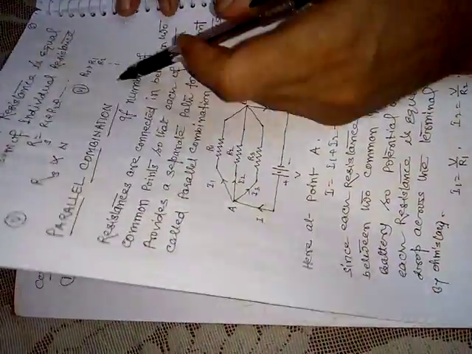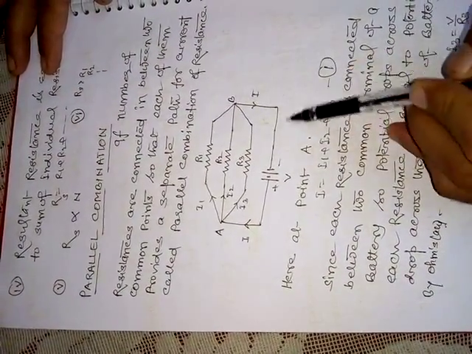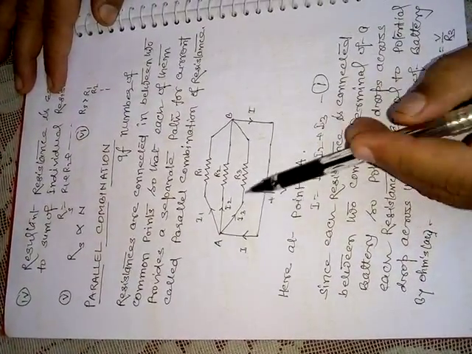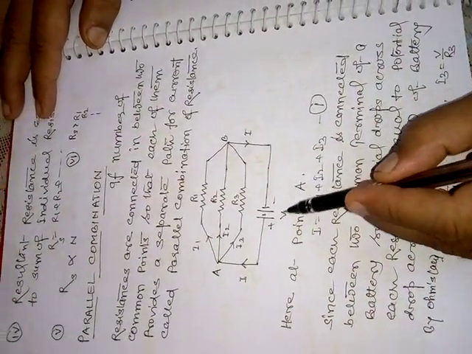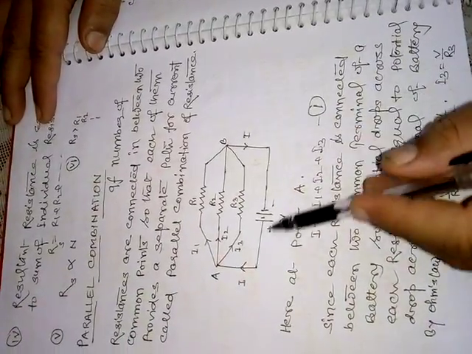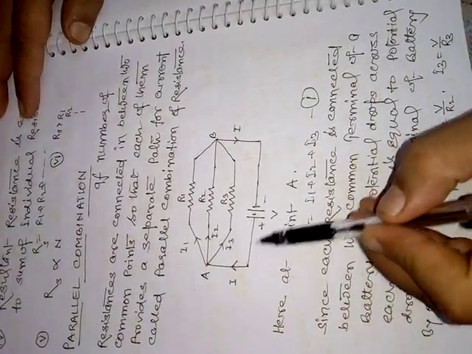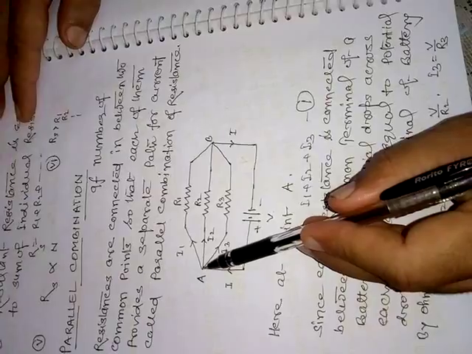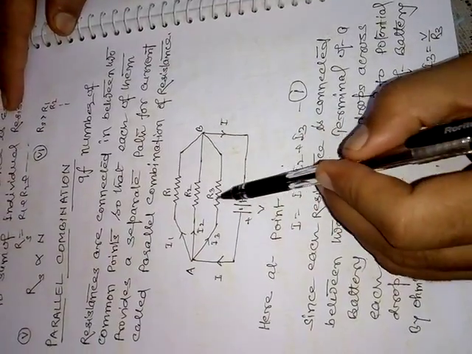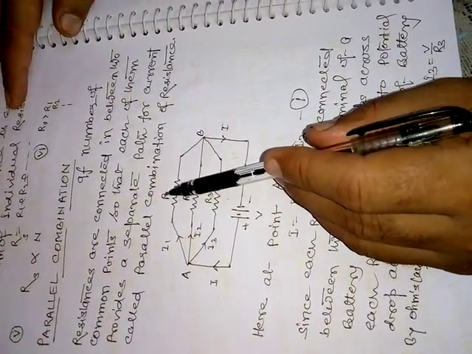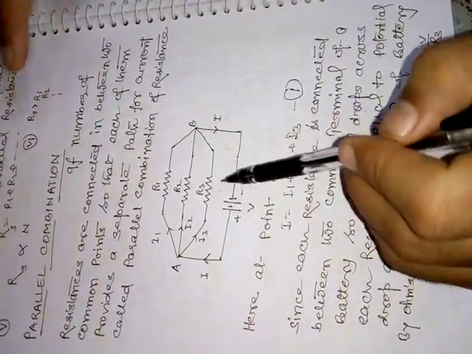Now parallel combination. In parallel combination, the first end of each resistor is connected with one terminal of battery and their second end is connected with other terminal of same battery, correct? So here voltage drop across each resistor will equal to potential difference between the terminals of battery, but current flown through them depends on their individual resistances, correct? And here current provided by the battery is I, and when I reaches that junction A, then it gets divided into three parts, I1, I2, I3. Here the amount of current flown through individual resistances depends on their individual value. If resistance is more, current will be less.